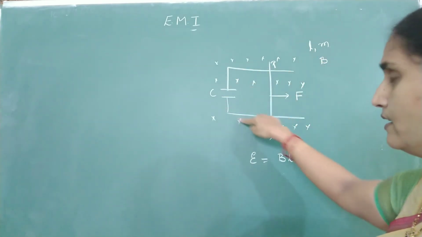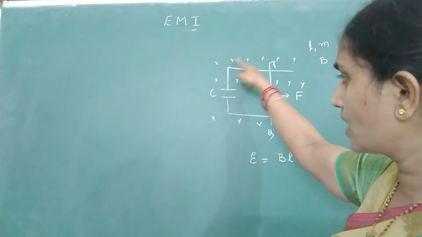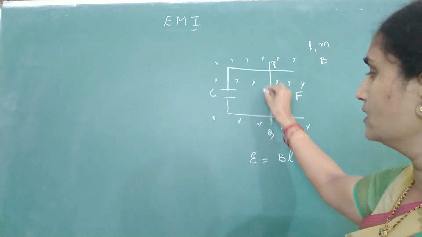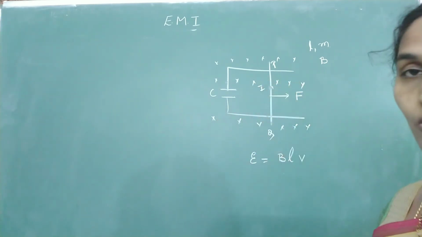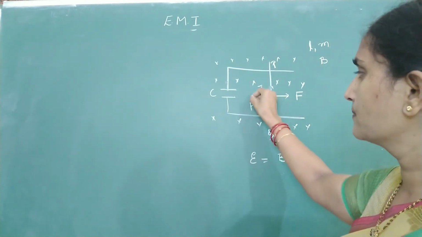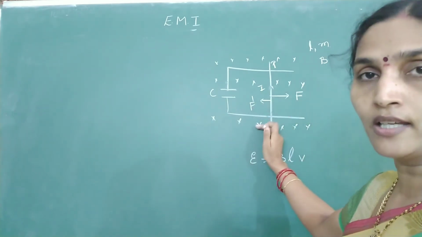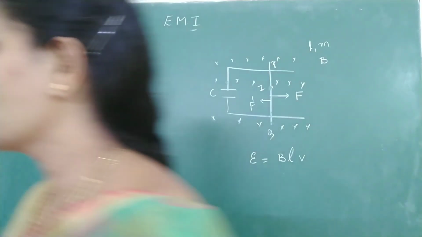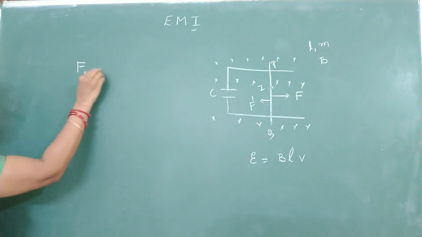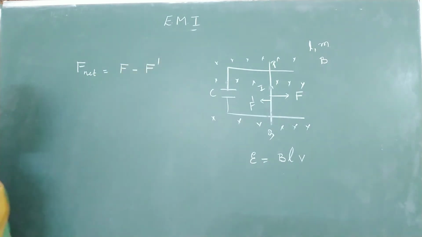When there is current in it, this EMF will go and charge the capacitor. During charging of the capacitor, there will be a current in the circuit. Because of that current I, will there be a magnetic force which opposes your motion? The direction of current will always be such that it opposes your applied force. So what is the net force acting on the conductor now? The net force is the applied force F, opposed by the magnetic force.